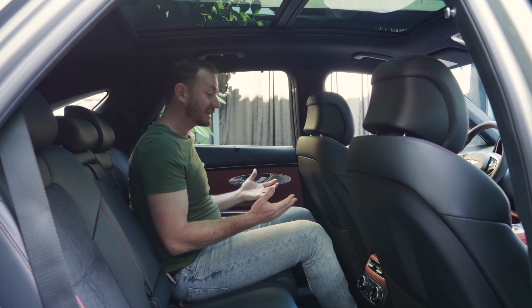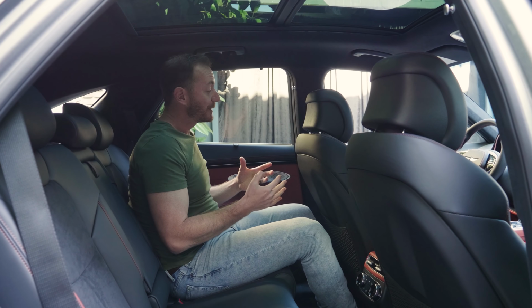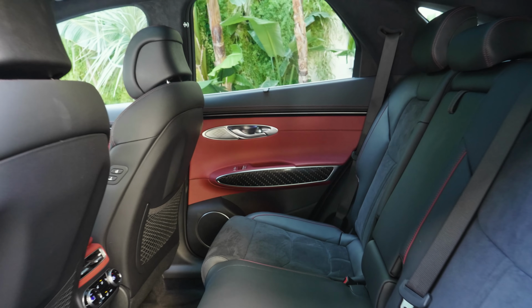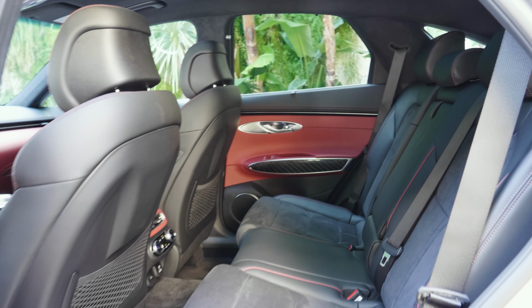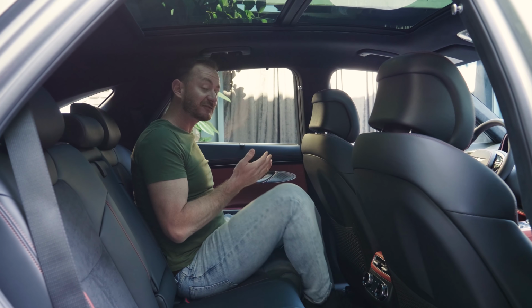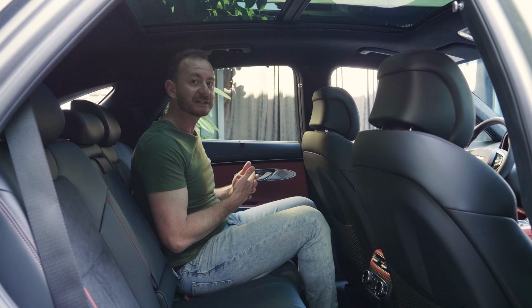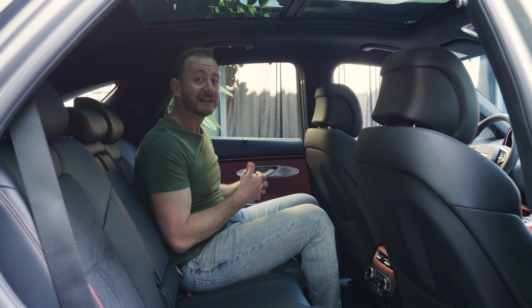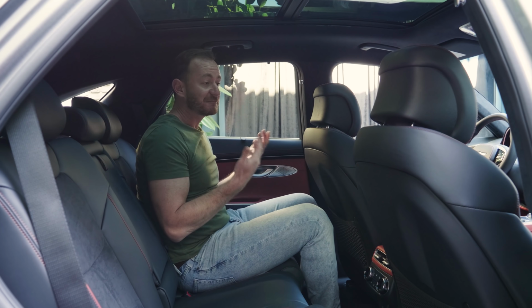In the GV70, there is definitely more space, but one of the issues we've noticed is the door openings are pretty small, and this is also true of the front. The doors don't open very wide and they're kind of tight, so you kind of have to lift your legs up and duck at the same time to get in. Now, I'm 6 feet tall. Everybody might not have this problem, and if kids are going to be back here often, probably not a problem